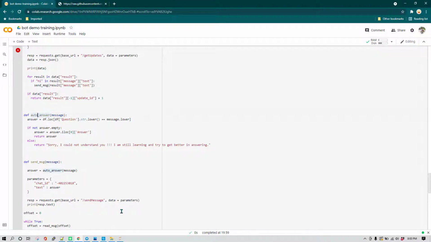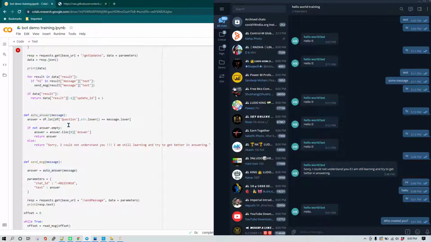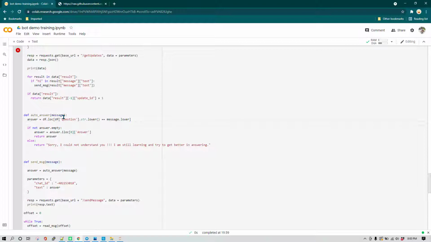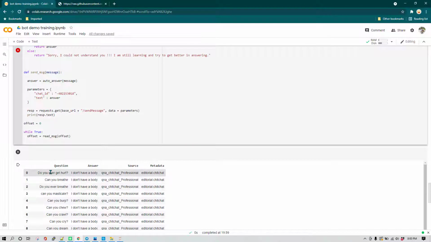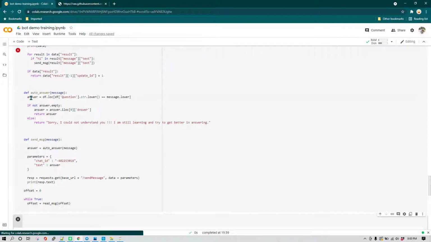Okay, so basically if any Telegram user, for example, let's say a Telegram user is sending hi or who created you or any such message, that message we are going to pass to this auto answer function, and then this method is going to compare whatever message has come with the questions which are available here. Okay, so it is going to compare that with the questions, and if it matches, then it is going to take that answer and keep it in the answer variable.